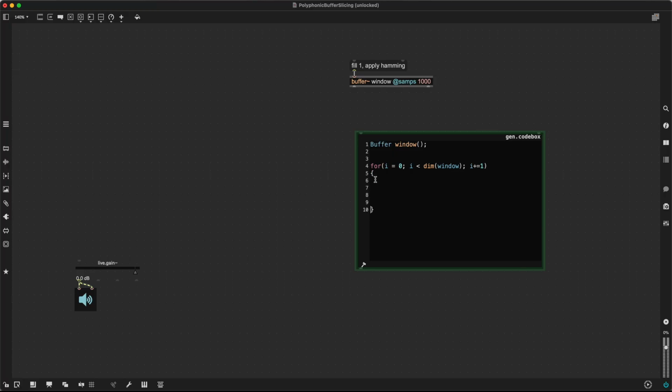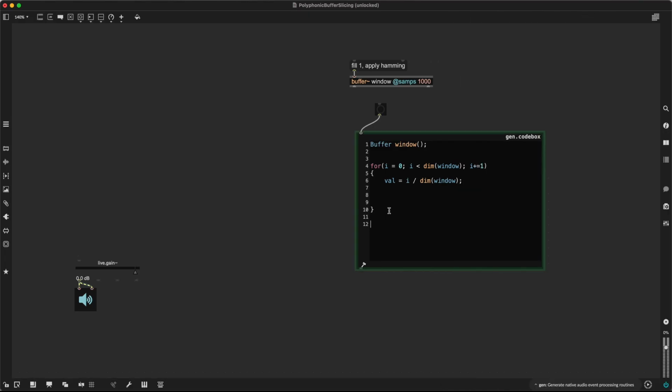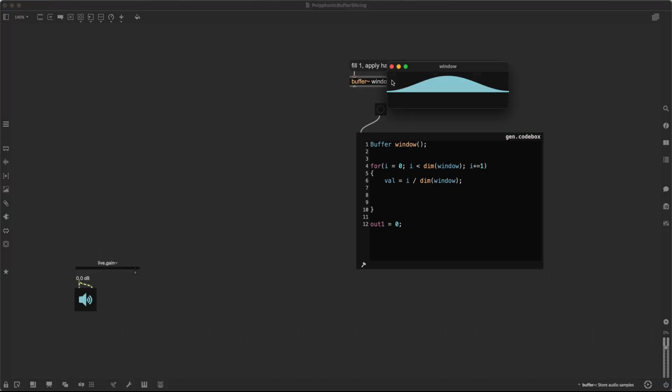And here in the for loop, first I will create a ramp from 0 to 1. So let's call this one val for value. This is i divided by the dimension of the whole window. Okay, this one also needs an outlet or else it will complain. So let's just say out equals 0. And then if we bang this,